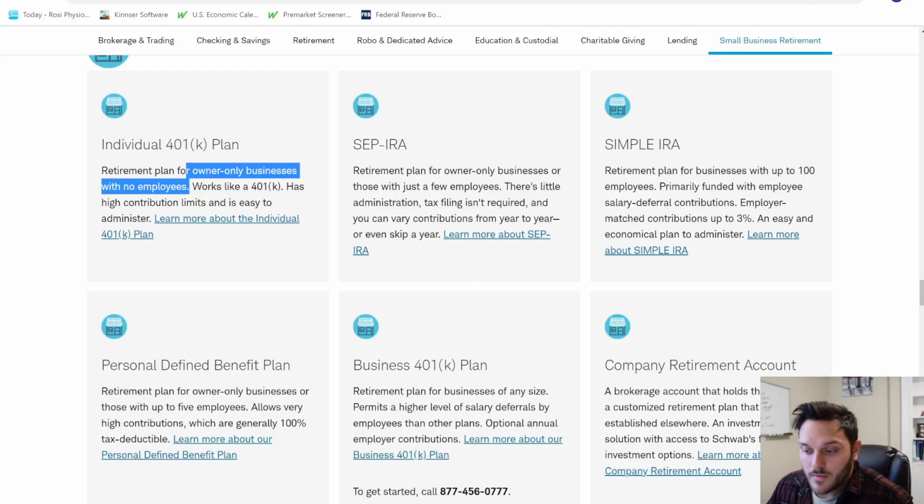The simplified employee pension plan, the SEP, is for owner-only businesses with just a few employees. There's a little bit of tax administrative filing fees, et cetera. Now I do want to preface and say the individual 401k plan is free. There are no fees. Or the solo K, the exact same thing, no fees. SEP, no fees. Simple IRA, no fees. The business 401k plan will start to incur fees based on the number of employees you have. I think if you have less than 5 employees, you can still benefit from